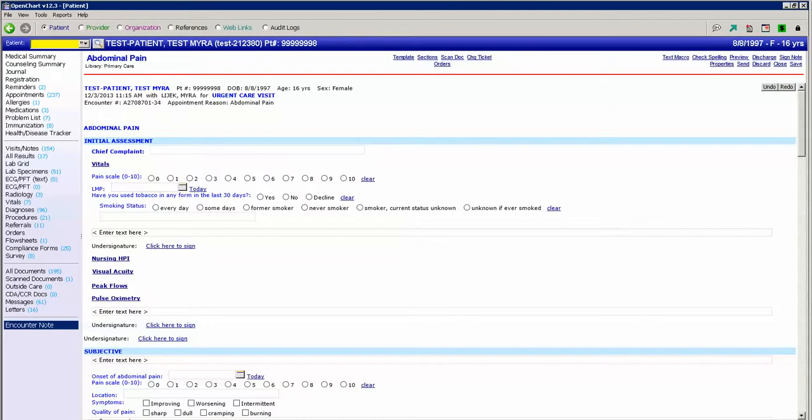Hi, this lesson is going to be on text macros. Text macros are a way for you to quickly identify a long phrase or paragraph and have it automatically show up in your note. You have to be in a patient chart in order to access your text macros. So here I'm in a patient chart, and you'll notice that in the top right-hand corner, there's a link that